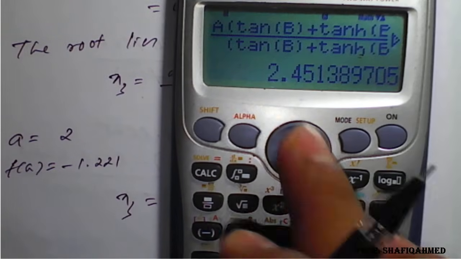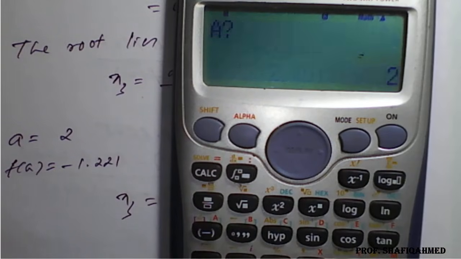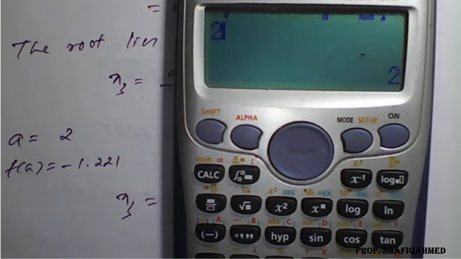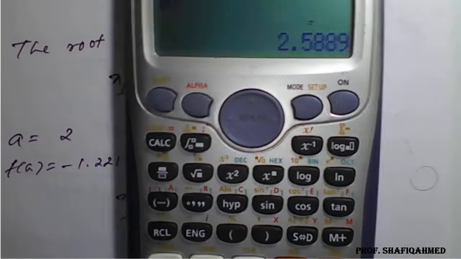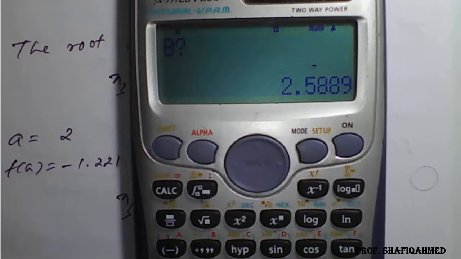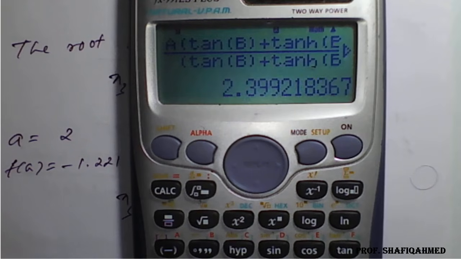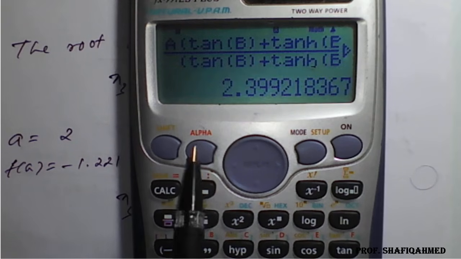Go back again, center button, it is already ready in the calculator. The a value is 2, the b value is 2.4514, equal to sign, and we'll see the answer